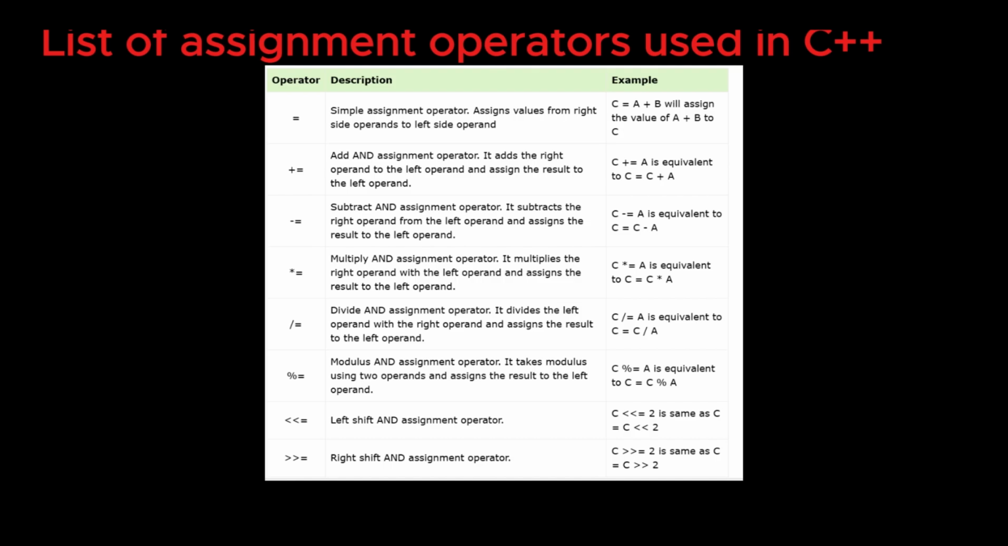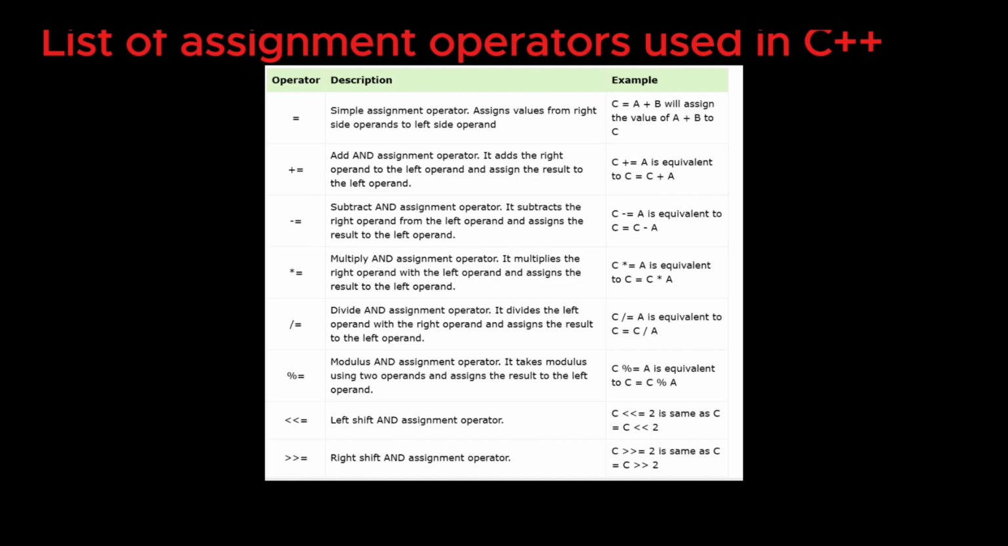The next is the subtract and assignment operator. It subtracts the right operand from the left operand and assigns the result to the left operand. You see, c minus equal a. This is equivalent to c equals c minus a. Next one is the multiply and assignment operator. It multiplies the right operand with the left operand and assigns the result to the left operand. You see in the example, c multiply equal a is equal to c